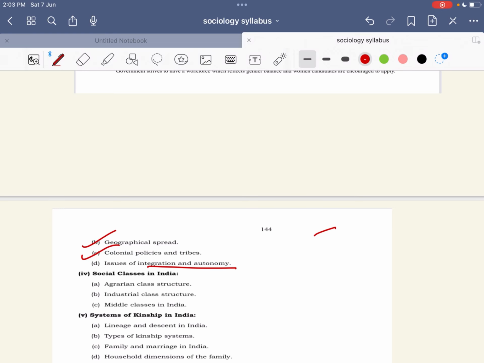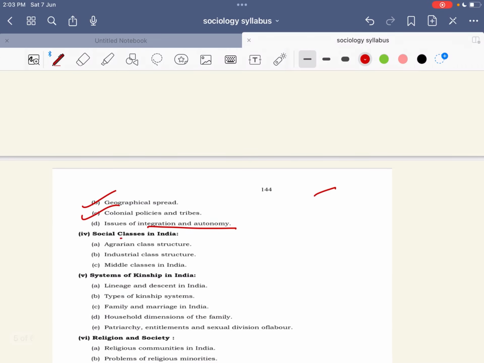See, for the government also tribes are very important because a separate ministry is there. Tribal ministry. One minister is especially appointed for them. There is no minister for SC, ST, OBC, everything. But there is a minister of tribal affairs. From this itself, you can know the interest of the government in tribals. You understand? Very important. Keep in mind. Make the notes. See the tribal issues in the news. Understand? Okay.